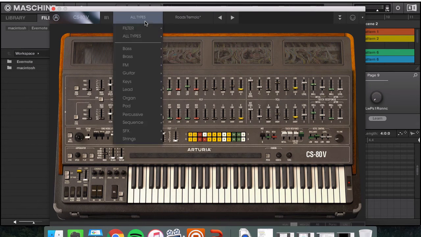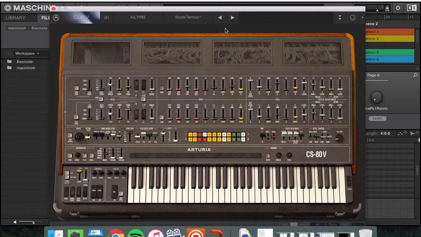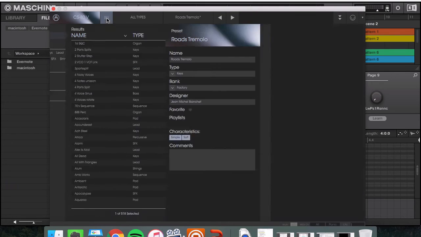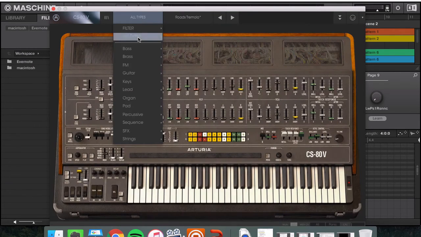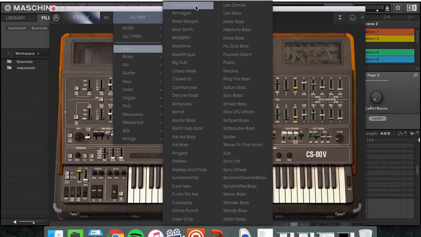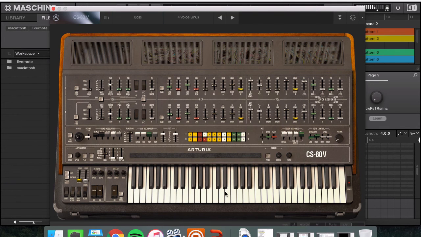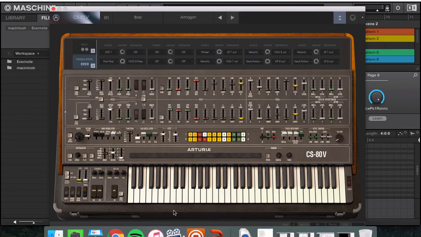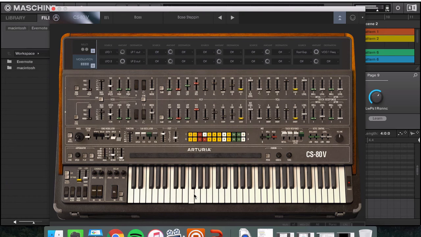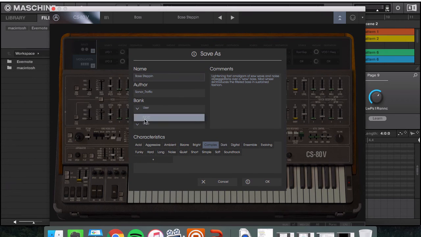But basically what this involves is jumping inside of your synthesizers. For example, this is a CS80V. It's a part of the Arturia V library. All right. So what you typically should do is jump in here and go through all these individual presets and cycle through all of them, find the presets that you like. All right, say I like that one. Save them to a specific bank so that you can access these specific presets later.